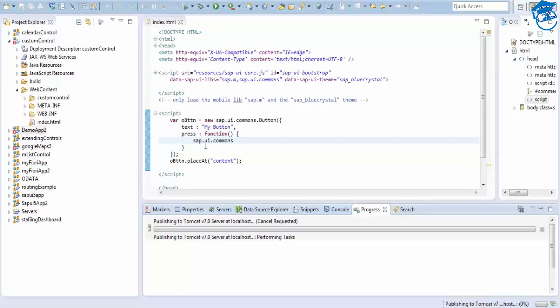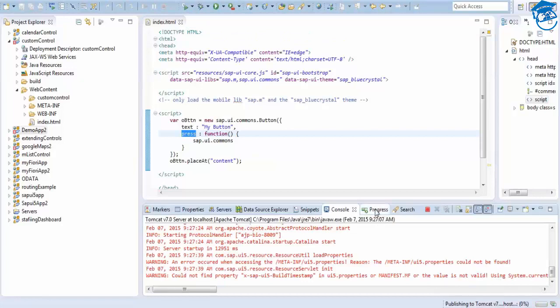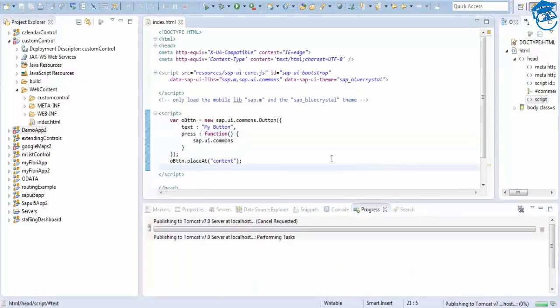And yeah, here instead of this we can have an alert also. Anything is possible inside this press event, but I'm going to put a SAP UI5 standard alert. There are standard alerts that we can see now. It will take some time and it will get loaded because it's a heavy file.